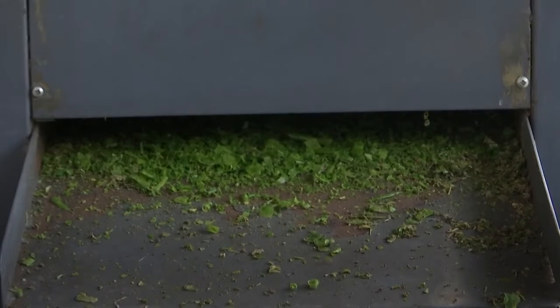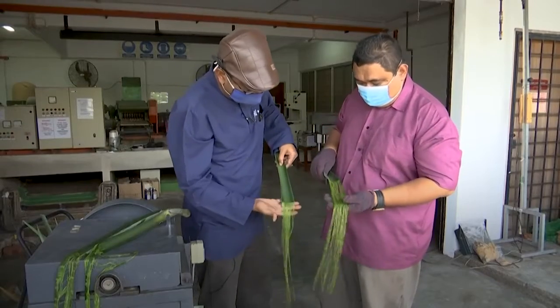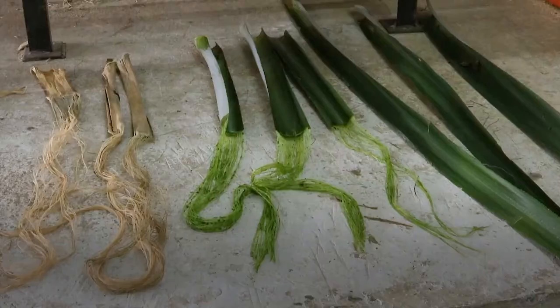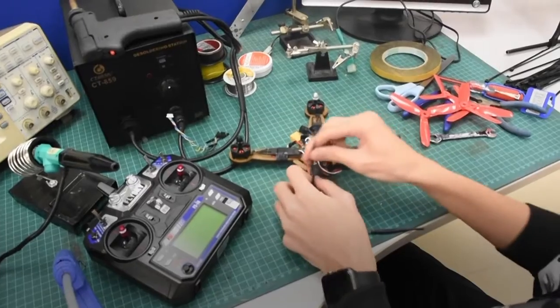The most important thing of this particular design is we are using agricultural waste, which is we are transforming the leaf of the pineapple into a fiber, and that particular fiber has been seen to be usable for aerospace application, basically in inventing a drone. According to researchers, drones made from natural materials or biocomposites are tougher, lighter, cheaper and easier to dispose of. Tariq says the drones are currently able to fly up to about 1,000 metres high and stay in the air